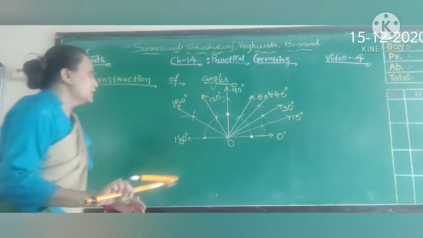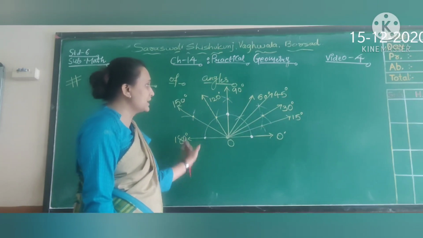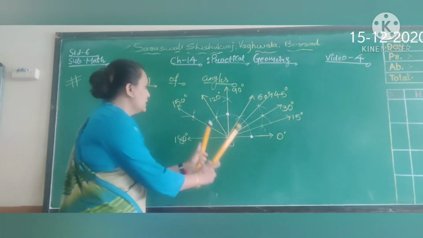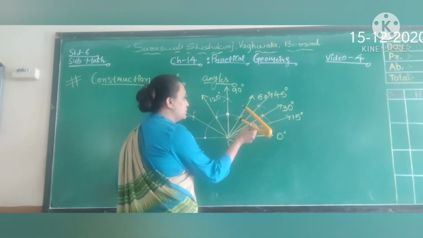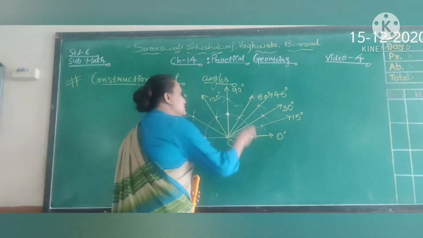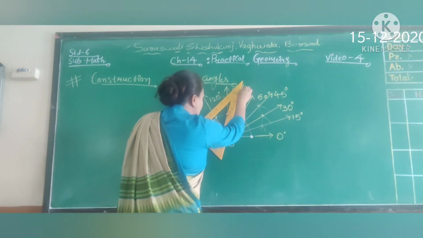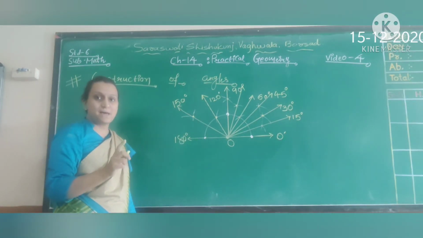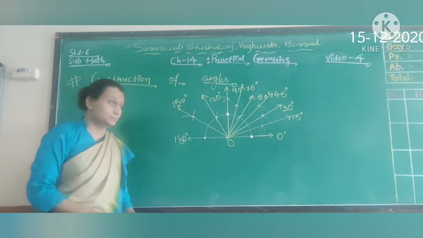Okay, so you can find that this much is your 45 degree. Clear? Now, if you want to find 75 degree, you can see 75 is lying between 60 and 90 degree. So here we are going to take measurement from 60 to 90, this much. So for 75, you can draw an arc from 60 degree as well as from 90 degree. If you measure this angle, this is your 75 degree, or you can draw the half of 150, because 75 is the bisector of 150. Okay, so this is your 75 degree.